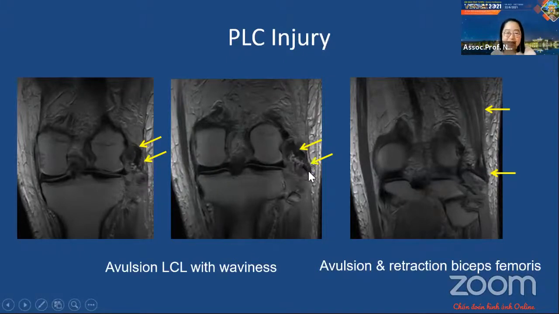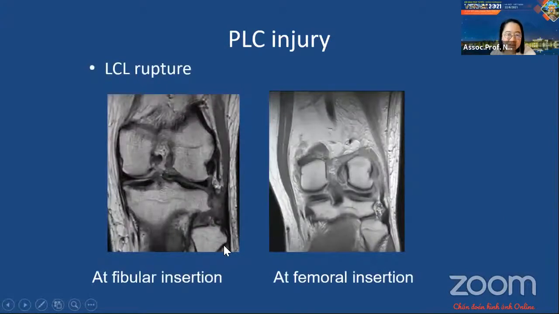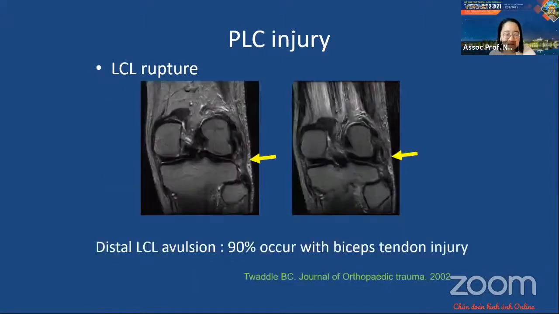So this is a ligament attached to the avulsed bone fragment. This is the way to identify the structures when there is injury and everything is quite difficult to identify. Rupture can occur at the fibular insertion site or at the femoral insertion site. When you find disruption at the distal insertion, carefully look at biceps tendon injury because it can be associated,